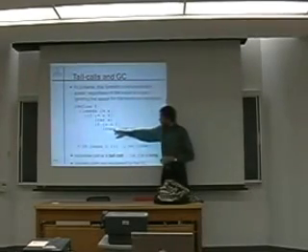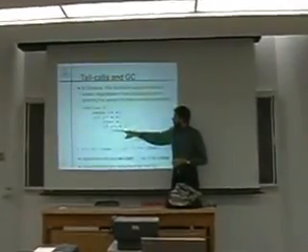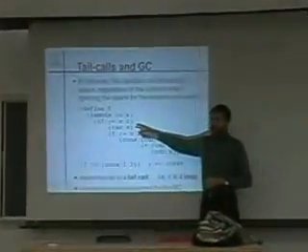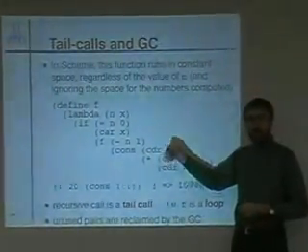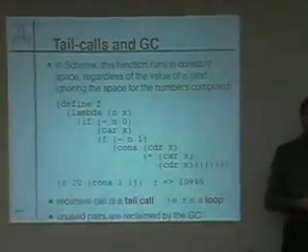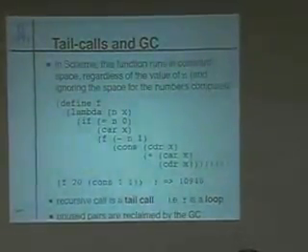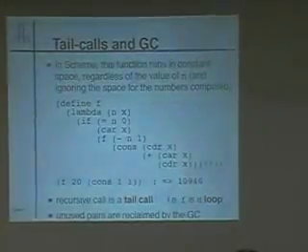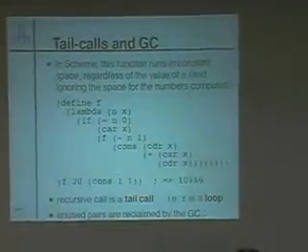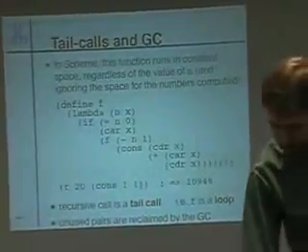Moreover, we're creating pairs here, okay? And the pair that's created for one function call is actually no longer needed for the next iteration of this loop here. So actually the pairs have to be reclaimed as the program runs, and there's only one pair that's live at any moment. So all of this means that this program runs in constant space.